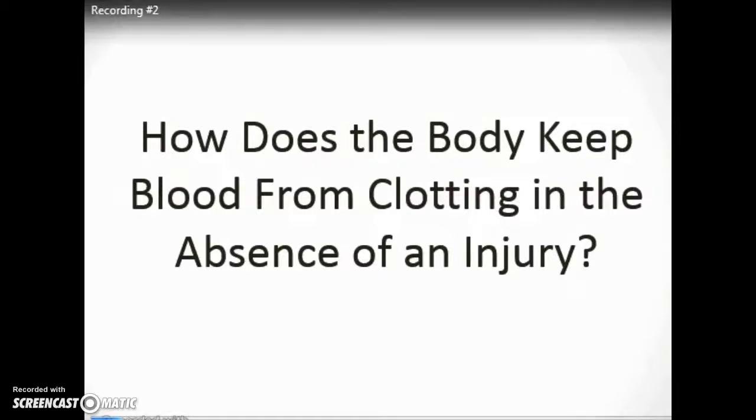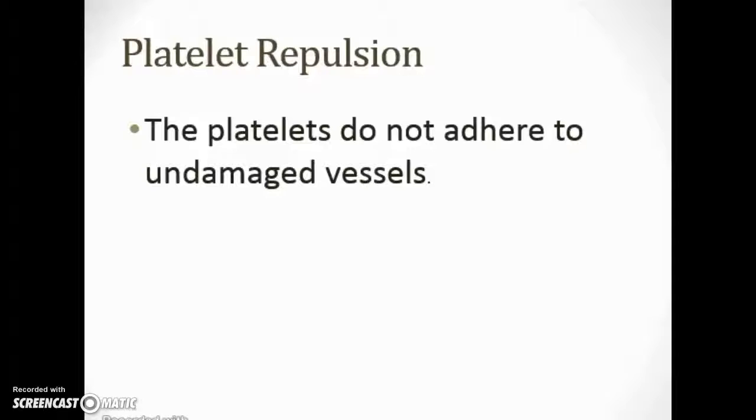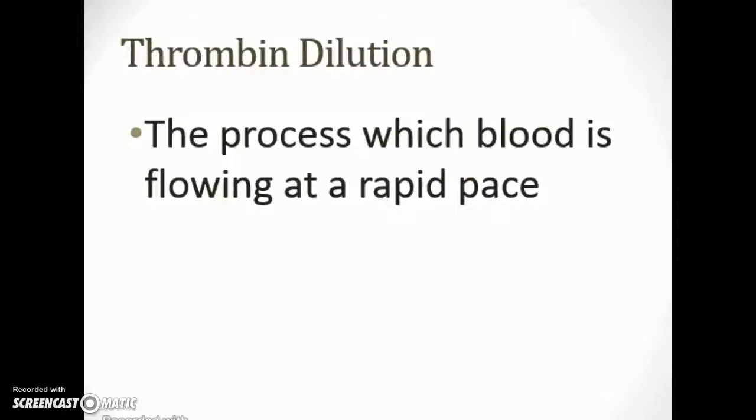So this is the second part to the question: how does the body keep blood from clotting in the absence of an injury? And this is done through platelet repulsion, which is when the platelets are not allowed to adhere to the undamaged vessels, as well as thrombin dilution, which is a process in which blood is flowing at a rapid pace, so it's going pretty fast,